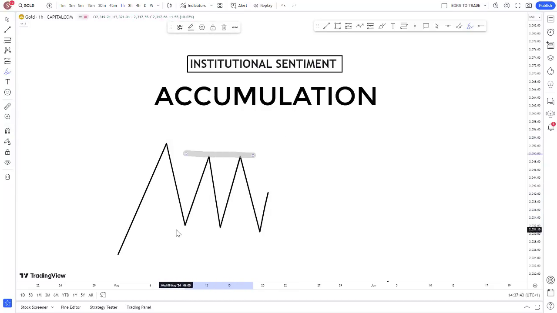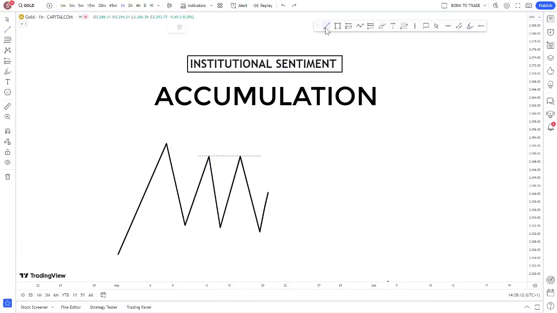If you look at this particular area we have right here, you can see that we're just seeing a sideways movement at this particular area. At first, price reacts to the upside. We have a retracement. We have this reaction to the upside once more. And if you pay attention to this particular area, you're going to see that this area is actually serving as a resistance level, because we've seen price come to the upside the first time. We see the rejection, and price comes back again, and we've seen this rejection.